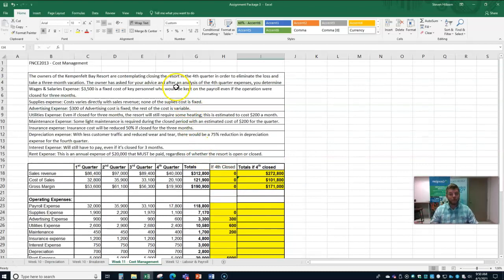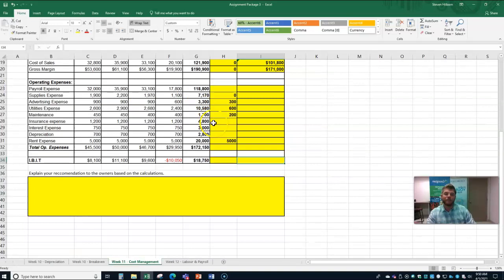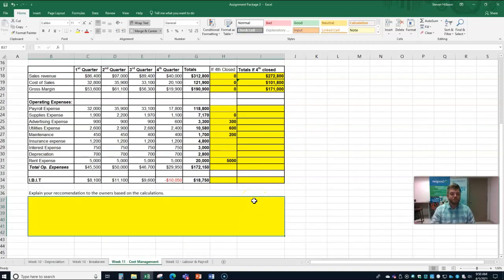Now again, this human component, they want to take a 3-month vacation. They're the owners of a resort. They want to get away for a while. So what would your advice be after an analysis? We're pretty certain that we're going to make less money. So looking at this, come up with a good idea of what you think is worth it for them, saying,